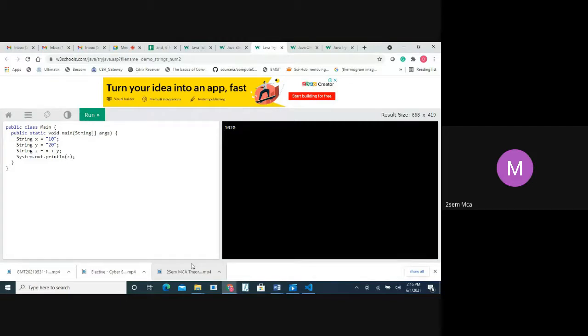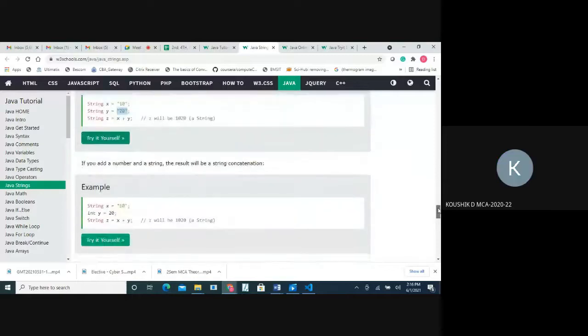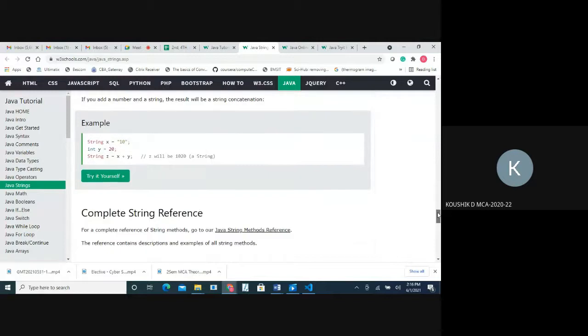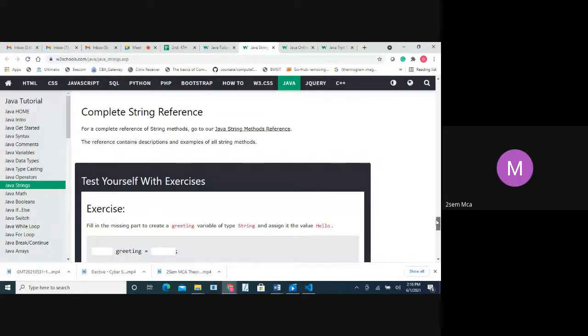Same way here, whatever is already there, I want to add to the back of that. So we call it appending. That also we are doing here. Adding additional data to an existing string. Right, correct. Complete string reference.